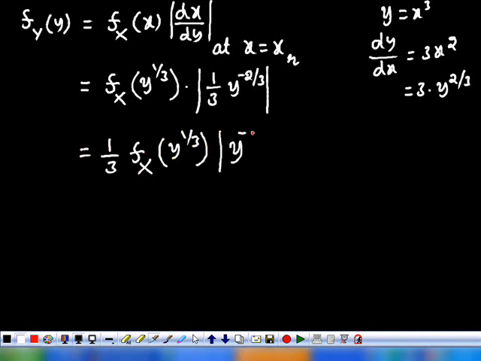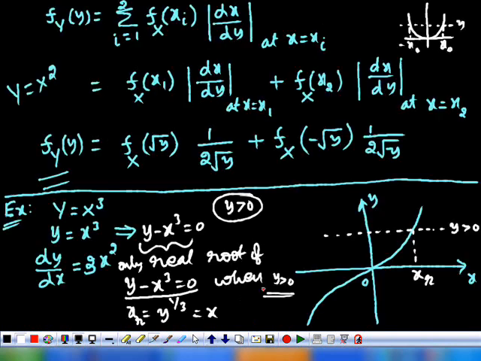modulus of y power minus 2 by 3. This is for what? This is for y greater than 0. And one more thing, here can I include 0 also? That is above the x-axis, as it is a continuous function, you can include 0 also. So therefore, for y greater than or equivalent to 0,